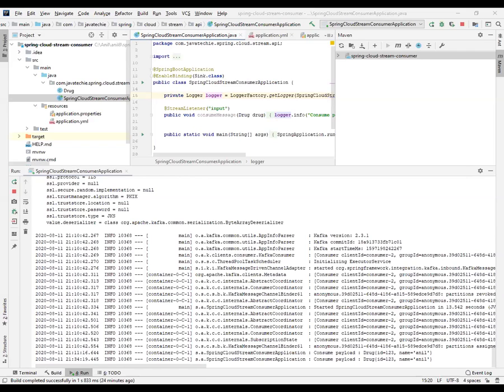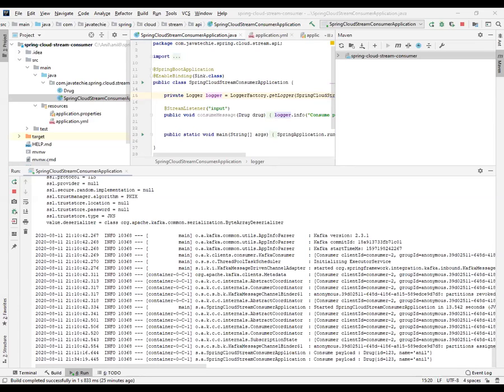In the publisher, I have a REST controller, and I'm doing a post mapping at /publish. Instead of doing a slash publish, would it be more meaningful to say publish drug inventory status,